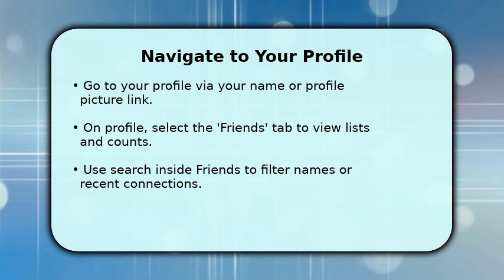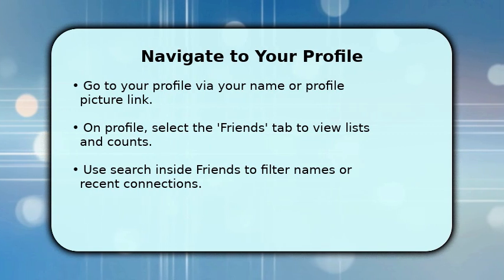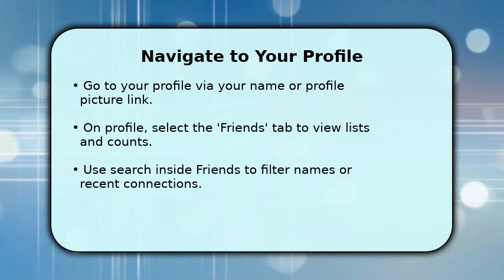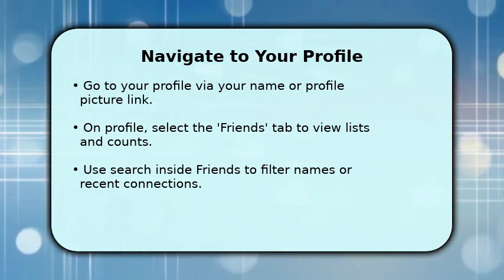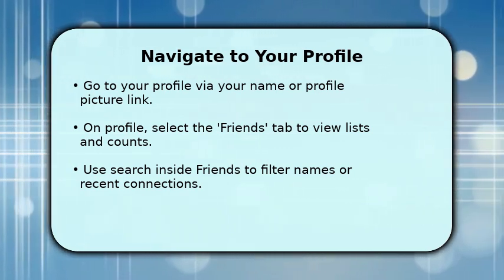On your profile, select the Friends tab. Here you see friend counts and any lists you've created. If you want a specific person, use the search within Friends to filter by name. This saves scrolling. Make sure to check different list views, all friends, recently added, because Facebook organizes connections for easier browsing and targeted